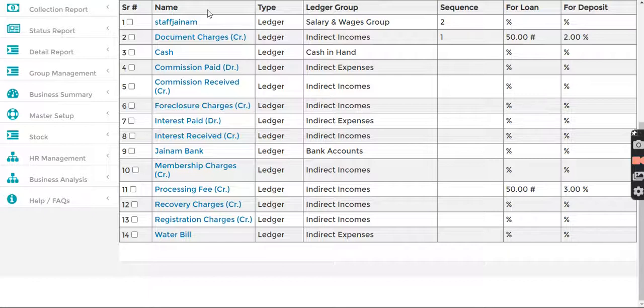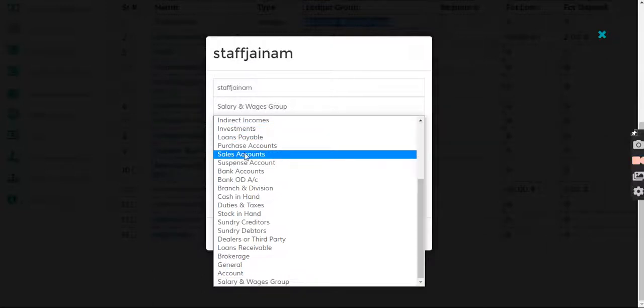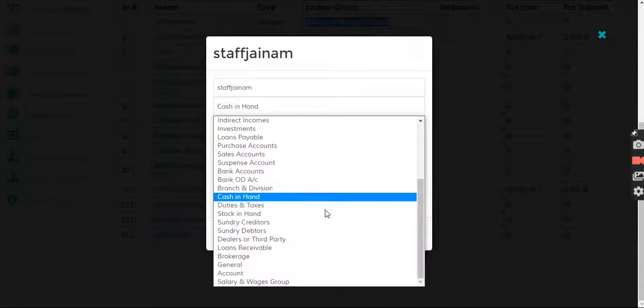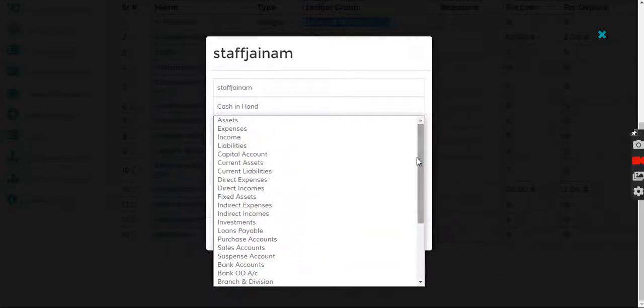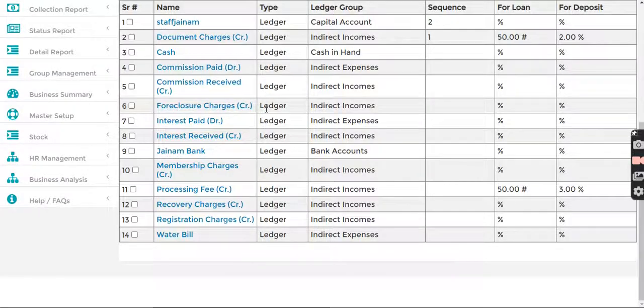Similarly, with staff, when you create staff from HR management, it goes into the salary and wages group. Say from here you want to make this a capital account. Save this. You will see that the ledger group has changed.